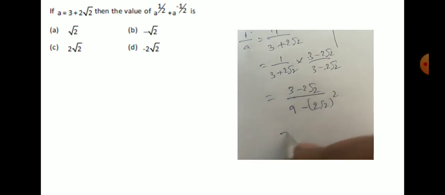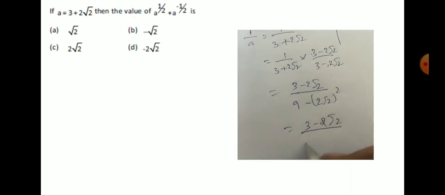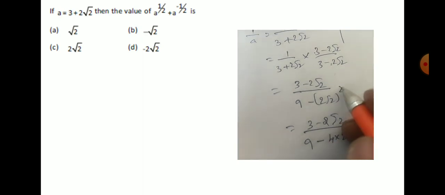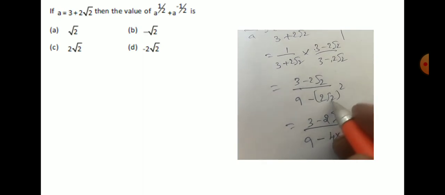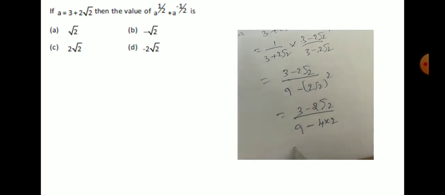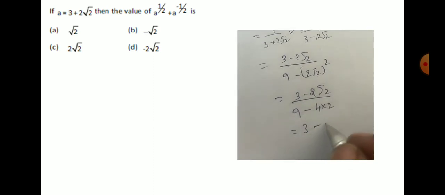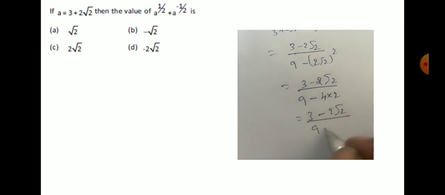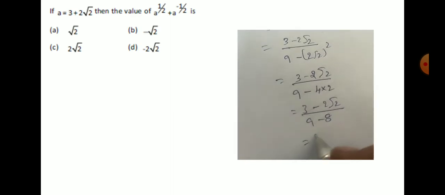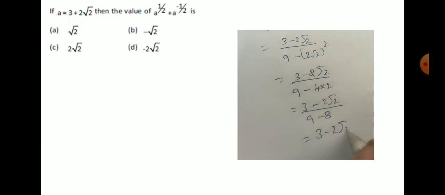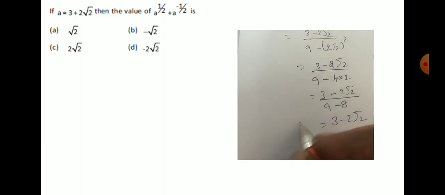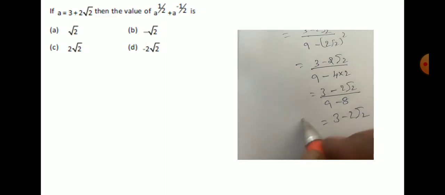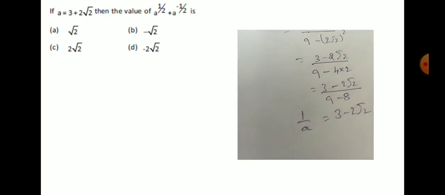It is nothing but 3 minus 2 root 2 divided by 9 minus 4 into 2, because square of 2 is 4 and square of root 2 is 2. It is nothing but 3 minus 2 root 2 divided by 9 minus 8, which is 1, which is nothing but 3 minus 2 root 2. Okay, are you getting this one? This is the value of 1 by a, but what